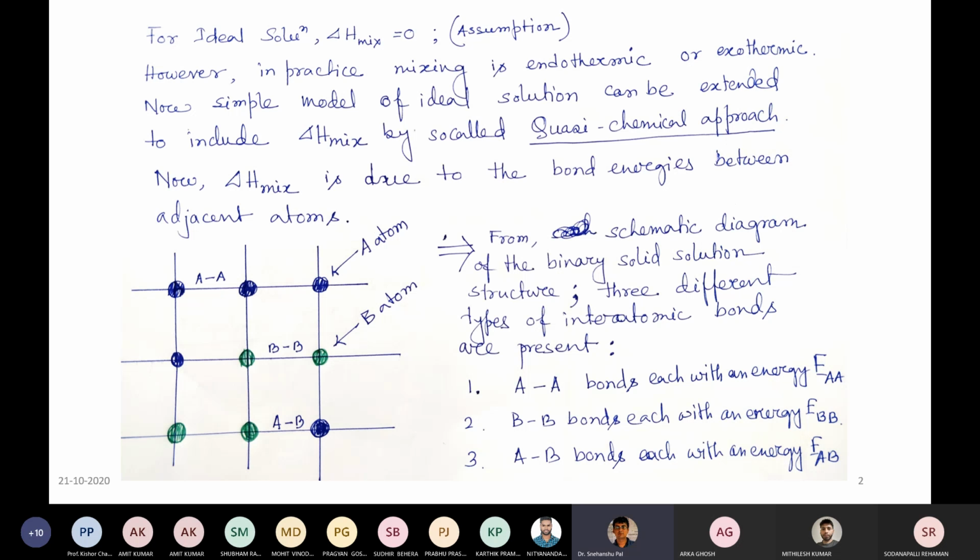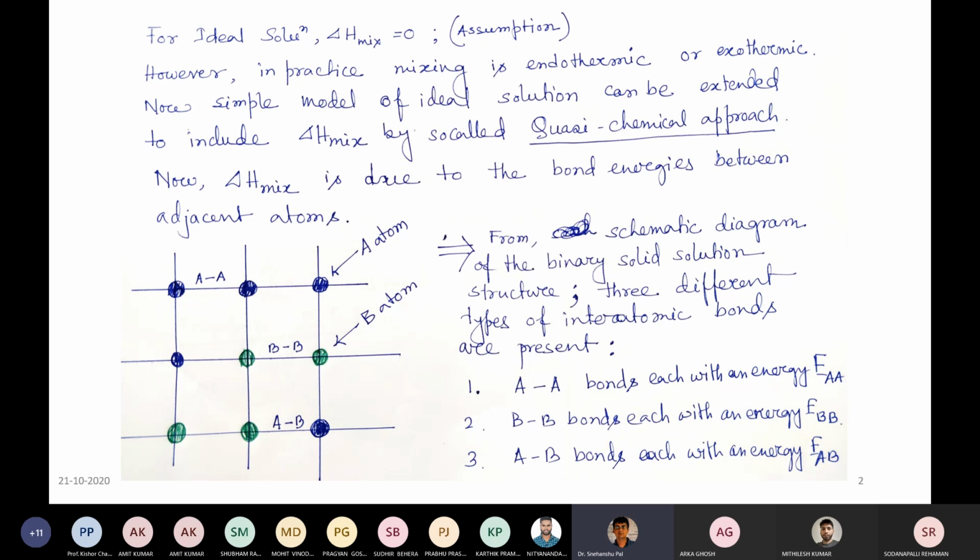Now, based on that, if you want to understand the process and how the assumption is going to change, the important statement I have already mentioned. You should remember that in this quasi-chemical approach, it is assumed that the heat of mixing, del H mix, is only due to the bond energies between adjacent atoms. And for this assumption to be valid,